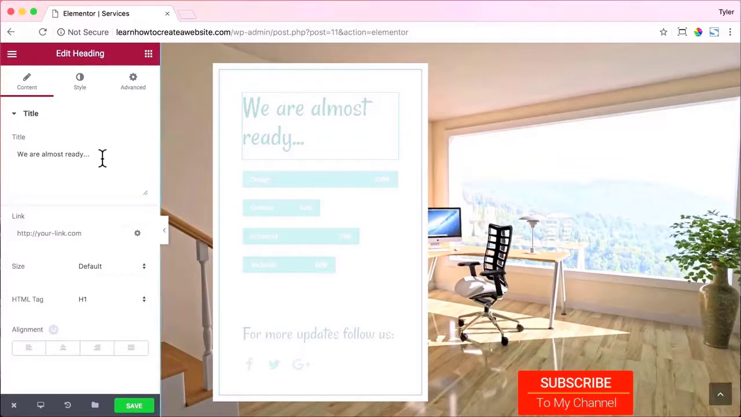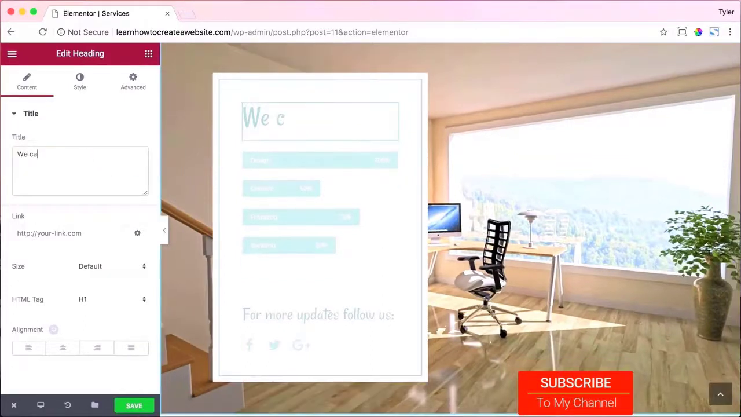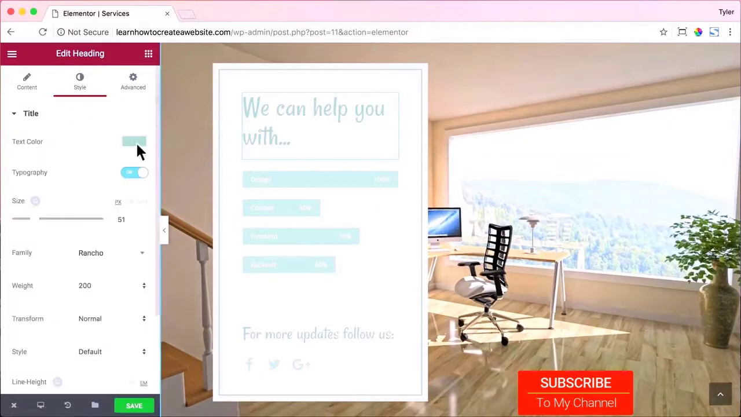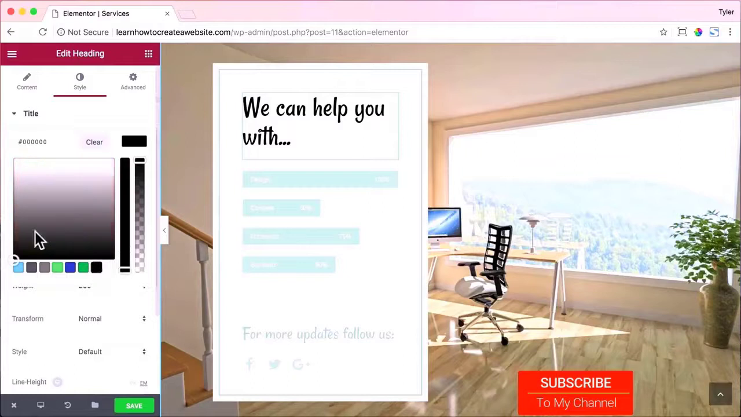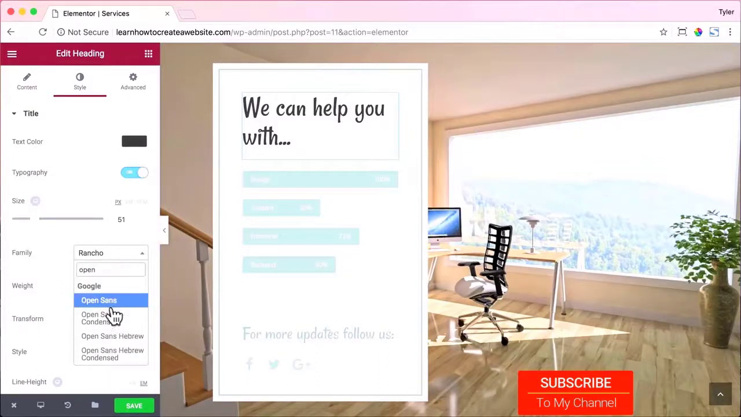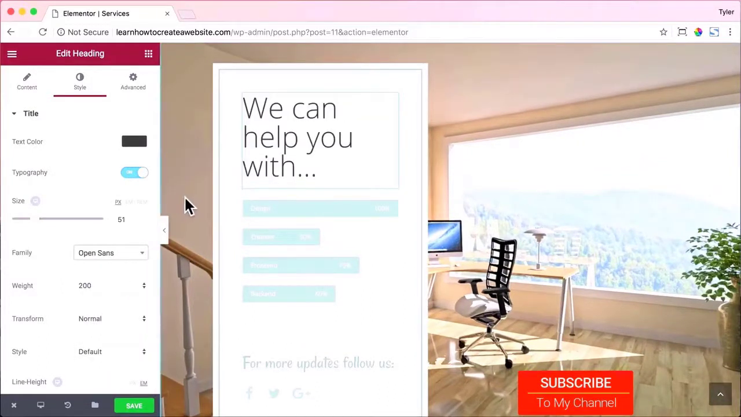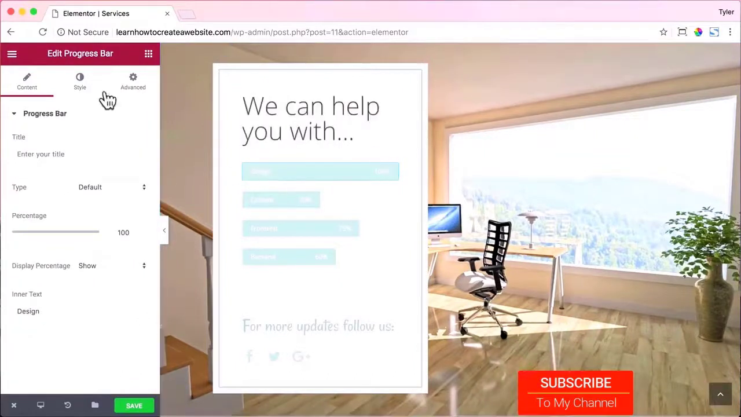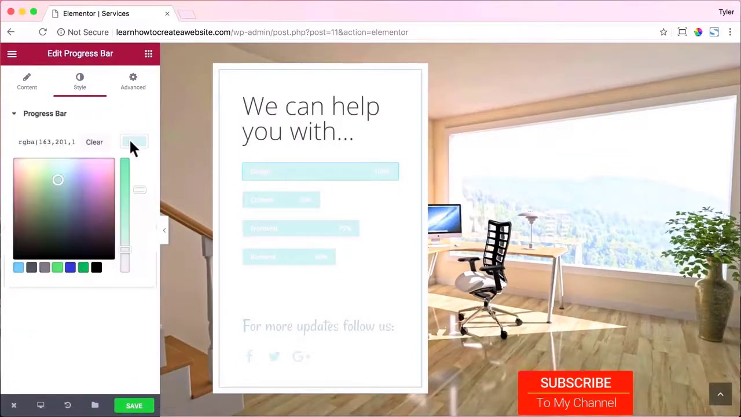So that looks great. All right, instead of saying we are almost ready, I'm going to put "we can help you with," and these are going to be all the things that I can help you with. So now we can go to style, and maybe we want to change the color, make it sort of black, and go to size and adjust that a little bit. And we can click on this design here, and we can go to style, and we can change the color,